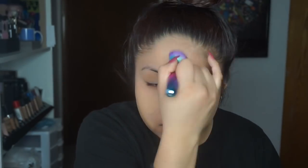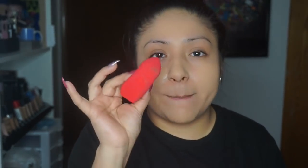And of course, before any foundation or any primer, be sure that you have moisturized and put on your serum and your eye cream and everything that you need to do for skin prep, and then we're gonna go ahead and add everything else on top. So I'm mixing them with my foundation brush from this little brush collection that my fiance got me. After that, I applied it all over my face, and now I'm just blending it out with my